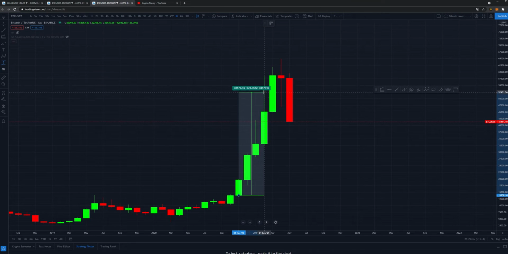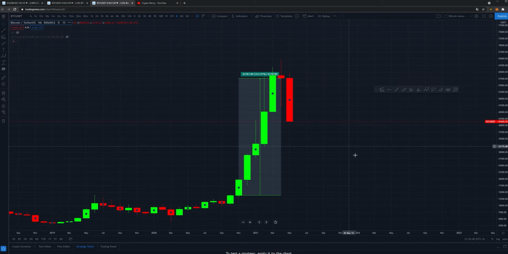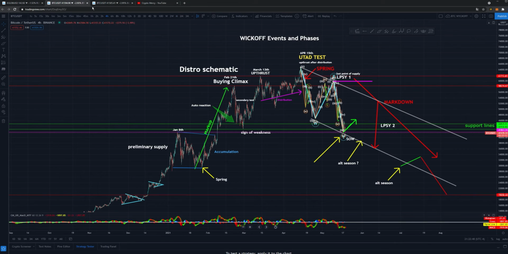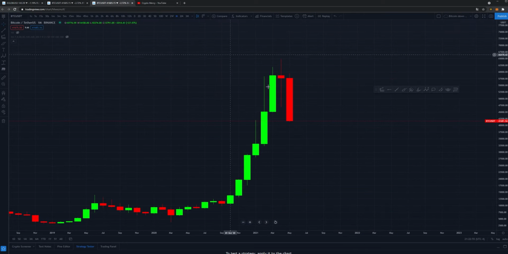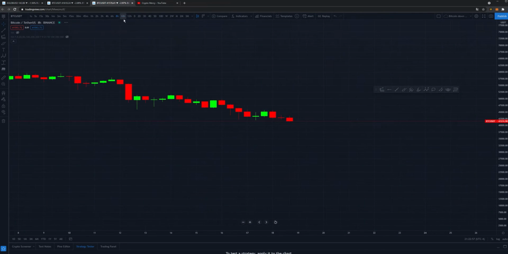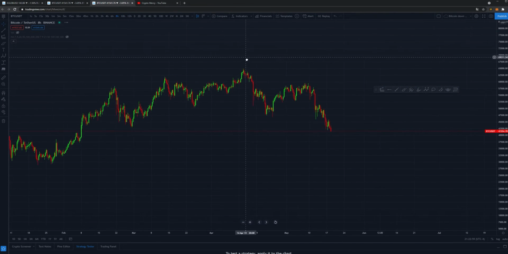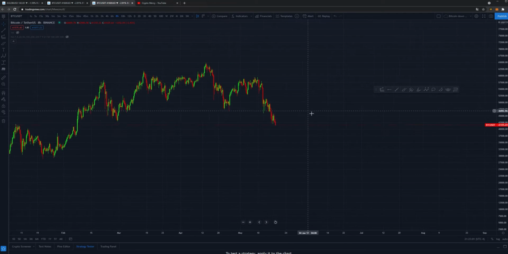and you get out on the confirmation of that close here, you made 315% profits, which is not bad. Okay, cool. Also, I've been pointing out these Wyckoff phases for a while, and I've been tracking Bitcoin. This is right now. I'm going to finish with this because I want to show you